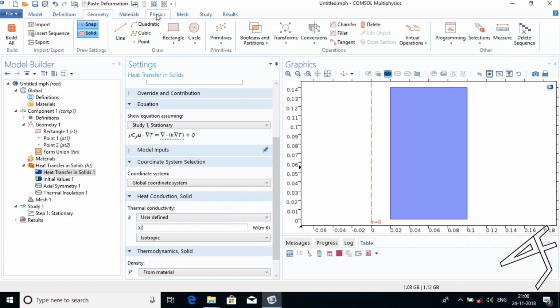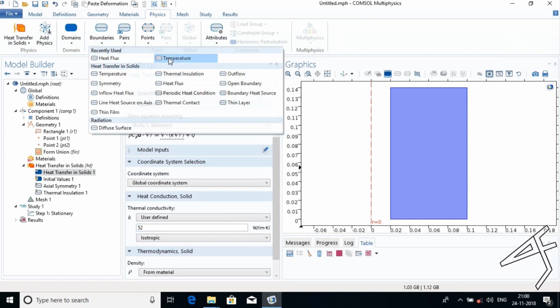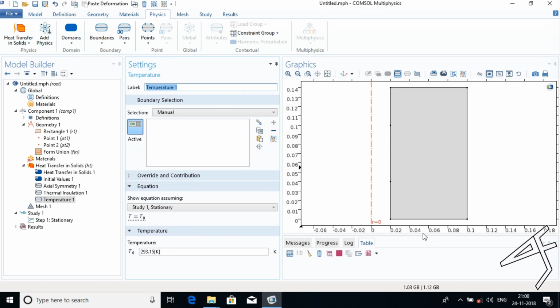Now I'll just go to the physics parameters. In this I'll choose my boundary. In that I'll choose temperature. For temperature select these three boundaries, that is boundary 2, boundary 6 and boundary 5. For boundary 6, boundary 2 and boundary 5, under the temperature T0 type it as 273.15